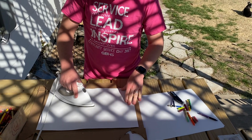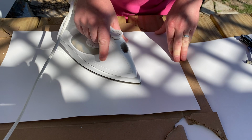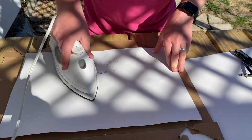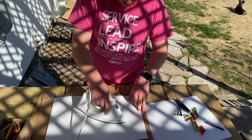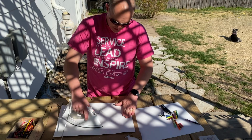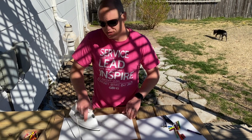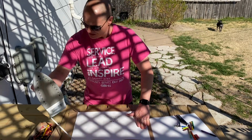I just kind of rest it on there. I don't really want to force it to happen. I just want to go nice and smooth until everything's melted to the same thickness, and let that wax really soak into the paper. Once I feel like I've got that one area going, I'm going to go ahead and just go all over the place. Good idea to have some cardboard down, or when I used to teach in the elementary schools, I would keep old pieces of masonite around. So go ahead and pull that